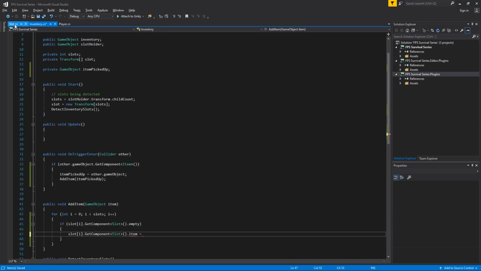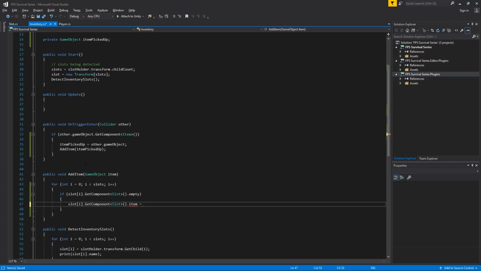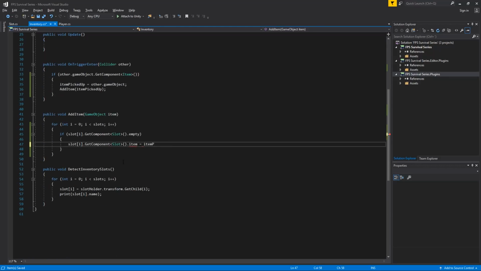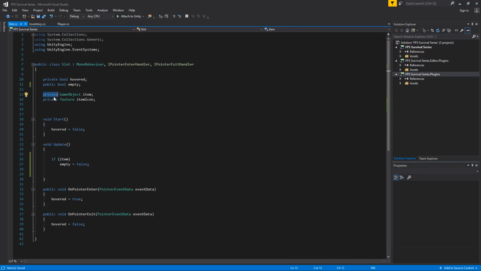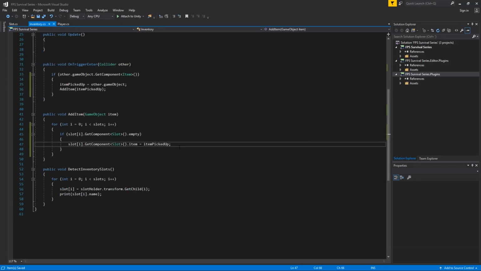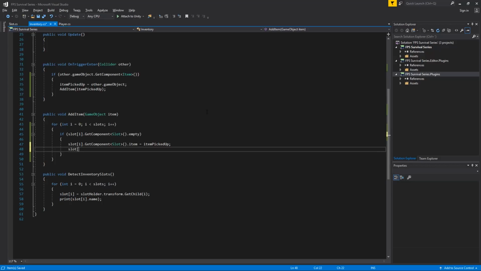We're gonna turn that to public as well. Why do I keep saying true to that? And then we're going to say item picked up. Yeah, item picked up. Cool. We're gonna go back to slot, change this to public. We can also change this to public. There we go. The only one we're gonna have as private is going to be the hovered one. Then we can go back here and we can say slot I dot get component slot item icon is equal to